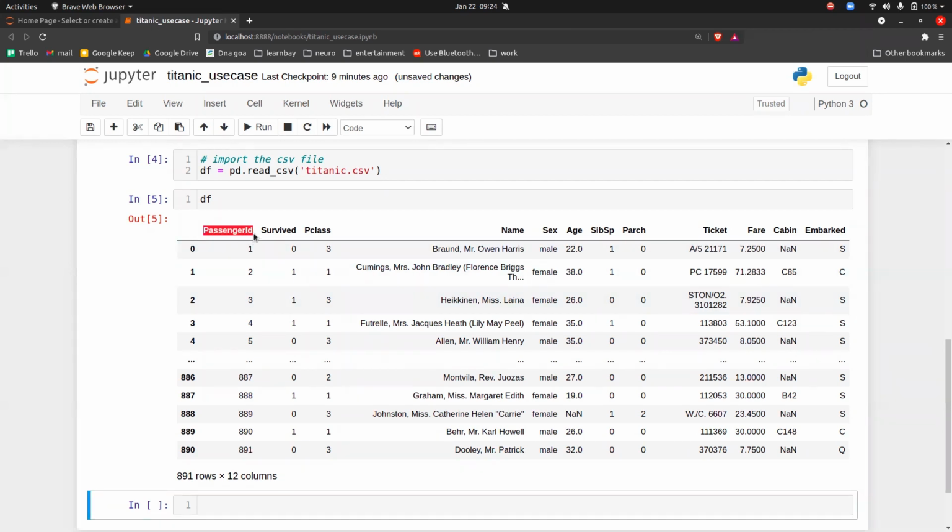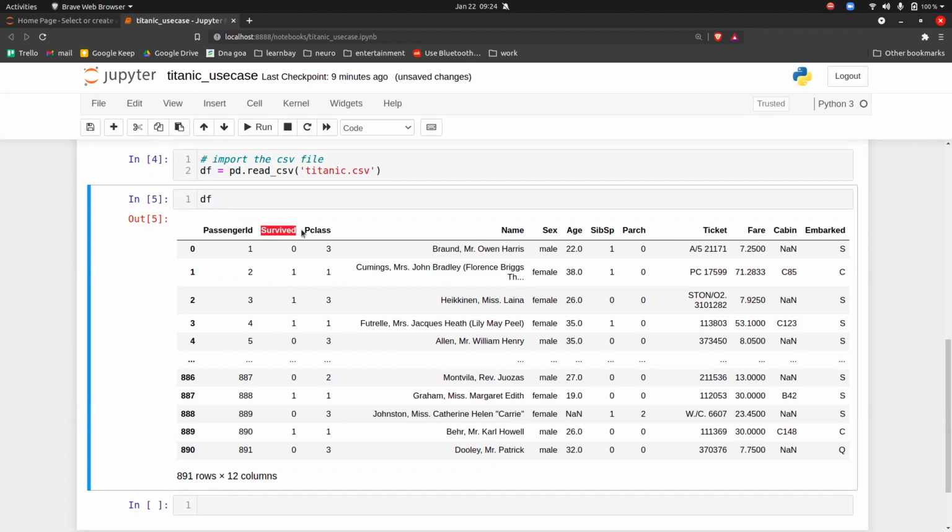So you have passenger ID. Then you have something called survived, so basically whether this particular person survived or not. Then you have something called P class. Now this P class is nothing but, let's say you have different classes on the ship. On an aeroplane or on a train you have different classes of arrangement, right? Like AC, sleeper, then on a plane you have economy class. Like this, in a ship also we have different classes, guys, for different categories of ticket prices. That is categorized as P class.